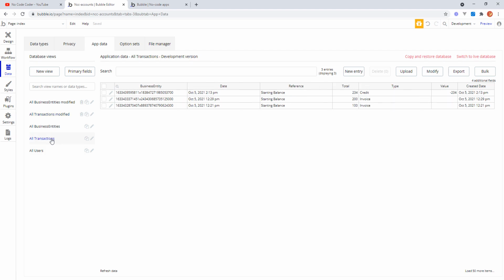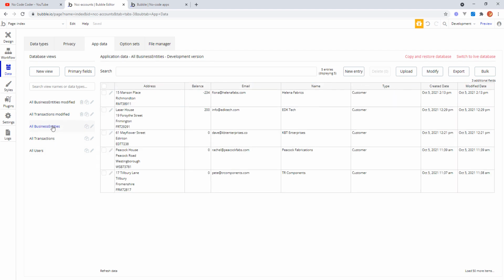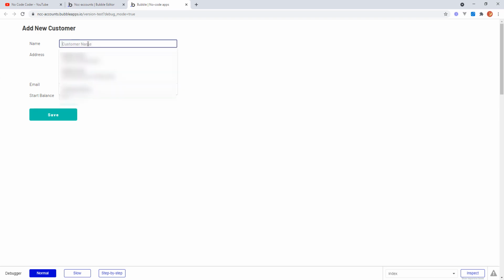So let's check that out. Sorry, I've gone to the wrong one. Oh, there we go. Balance minus 234. Great. So that's working. Now let's just do another test quickly, because we want to make sure that it is